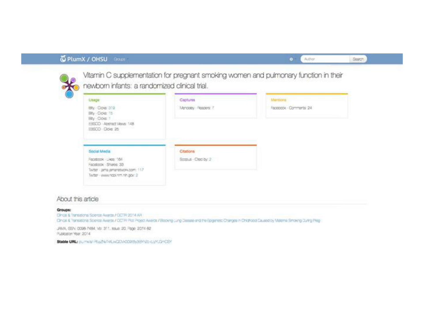So you get a sense here, if you look a little closer, that this paper has only been cited twice actually, but there's a pretty high level of usage data, captures, and social media as well. There have been 117 tweets, or actually I should say 119 tweets about this particular article.